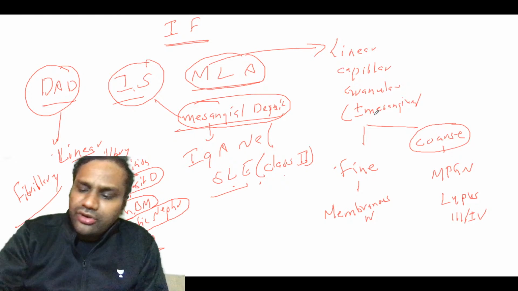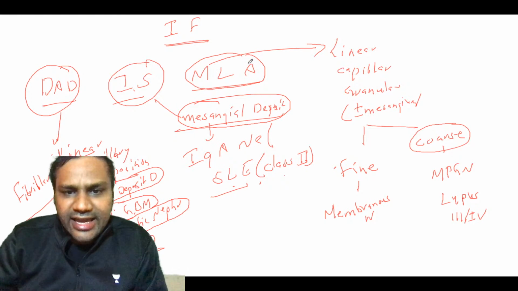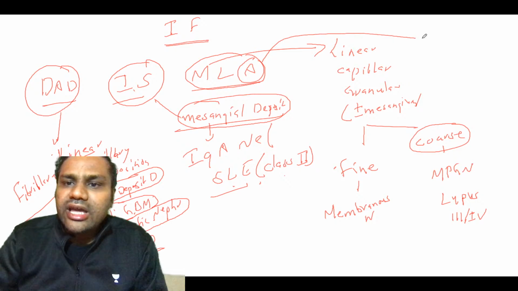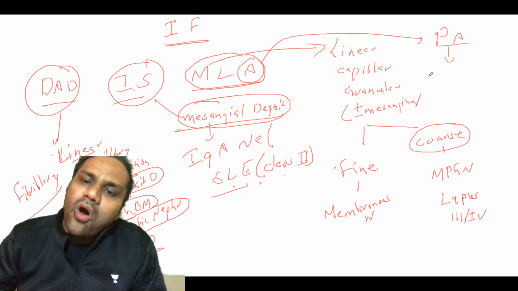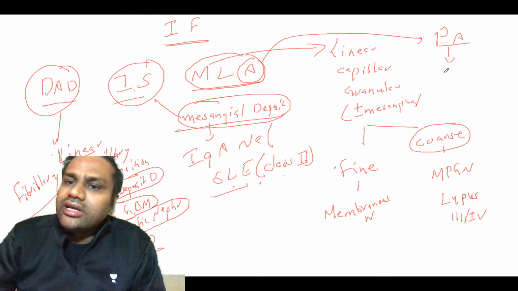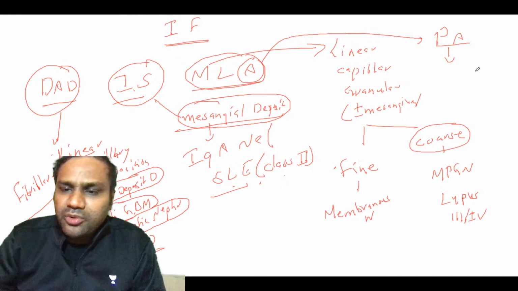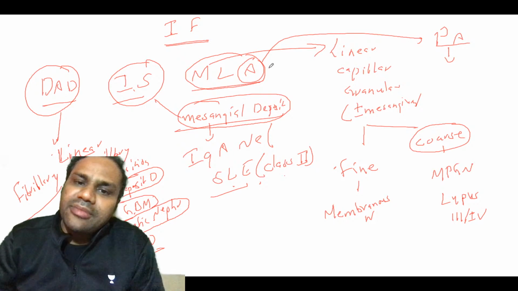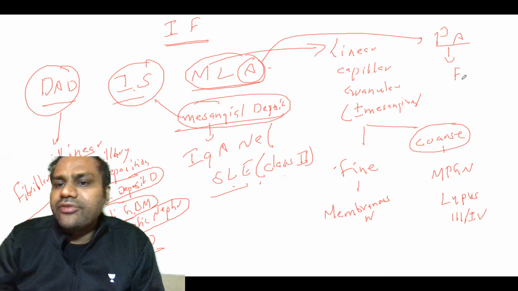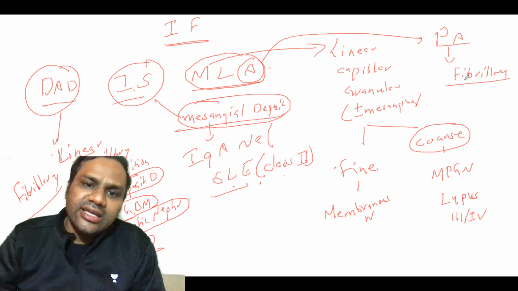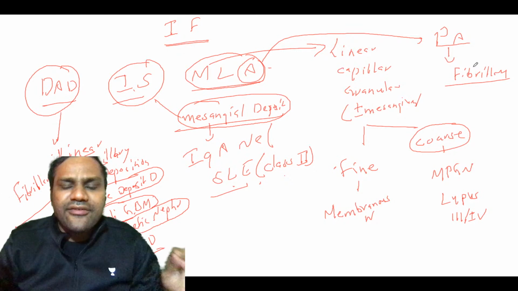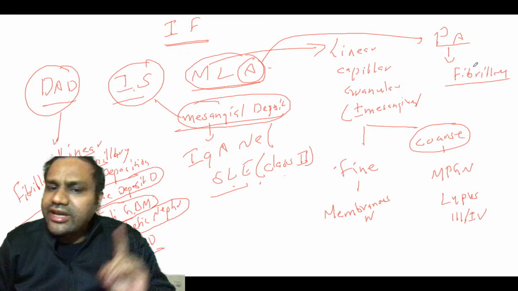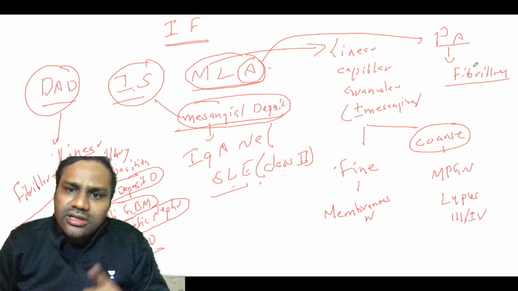Now you have one more thing remaining, that is A for amyloidosis, that is primary amyloidosis. Primary amyloidosis has all types of deposition, capillary deposition and mesangial deposition, every type of deposition. You can also have fibrillary in this. So this is basically the rough view of each and every type of immunodeposit which you get. You can just remember this table.